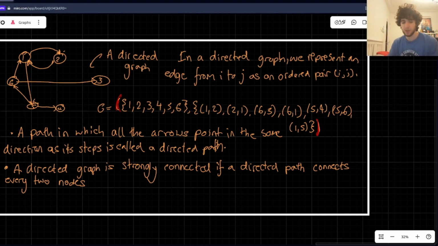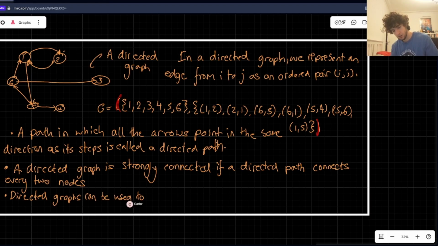Okay? Right, so the final thing I want to talk about is how we can visualize binary relations using graphs. So probably something that you might not have thought about too much, but we can use them. So directed graphs can be used to visualize binary relations. Okay, binary relations. If I have R, which is a relation, if R is a binary relation specifically, if